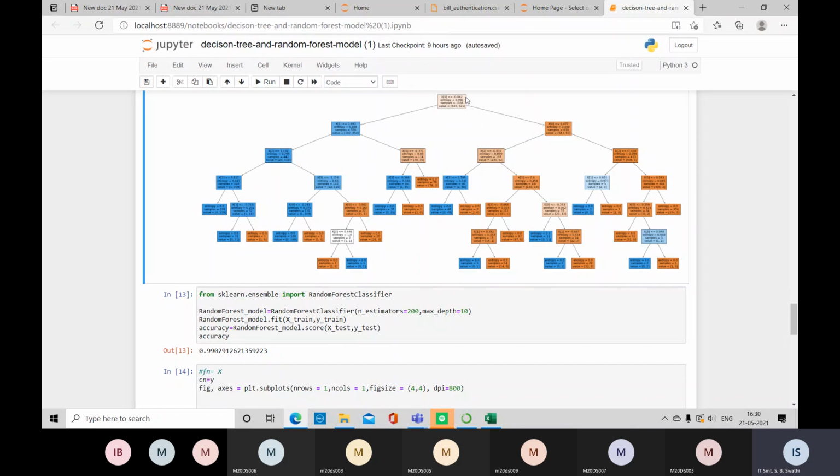But the thing here is, see, in the decision tree, if you give any one input, that input will be taken by one of the nodes. You will get some sort of result, whether it belongs to class 0 or class 1. But in random forest, it won't consider the output with respect to one single node. Output will be considered based upon the decisions across each and every leaf node.